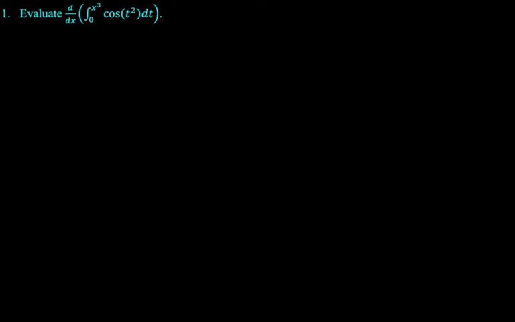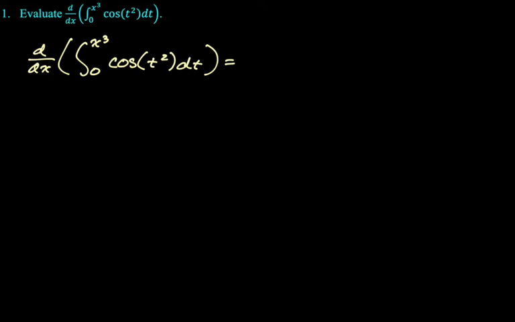All right, we want to evaluate d dx of the integral from 0 to x cubed of cosine of t squared dt. All right, so this is the second fundamental theorem of calculus. What we're going to do is take the upper bound. The upper bound has to be the variable. We're going to take the upper bound and plug it into the integrand. So every t becomes an x cubed in this case, so we're going to get the cosine of the quantity